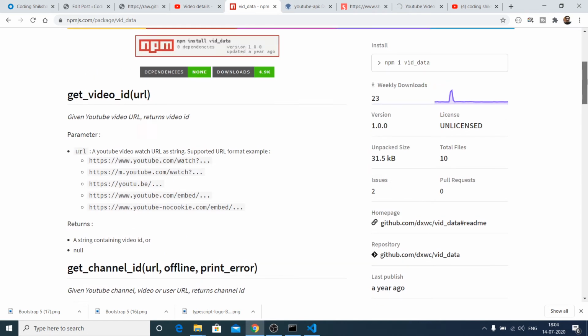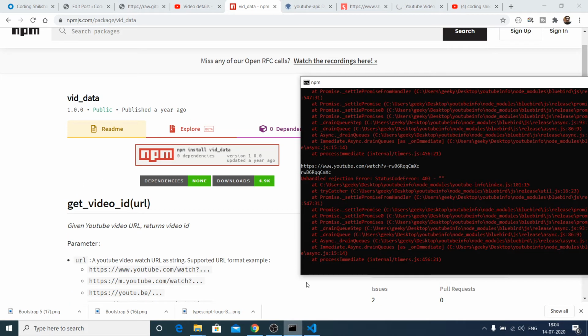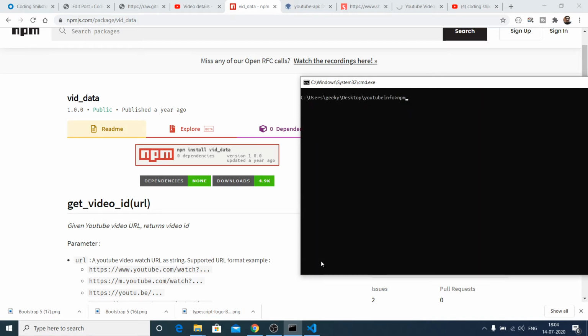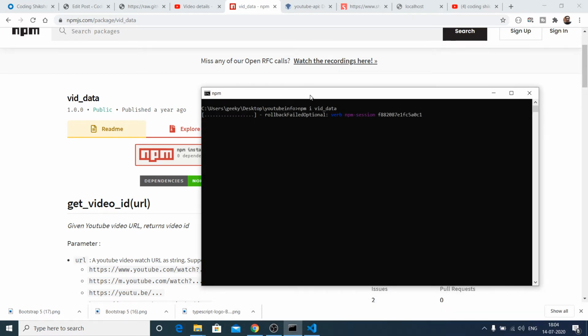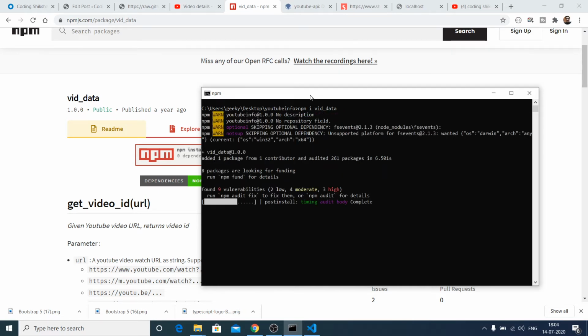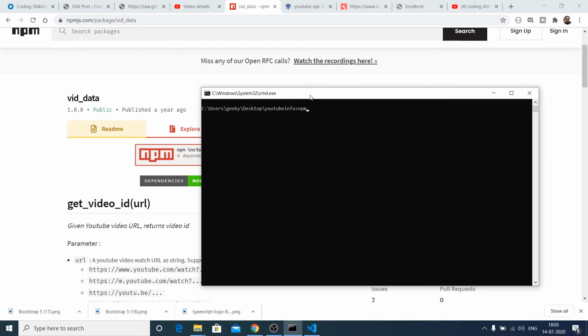You can use this module, so let me just install this really quickly. This is npm i vid_data. This is the same module, so it will install it. Just wait. It's installed it. So let me start the application.